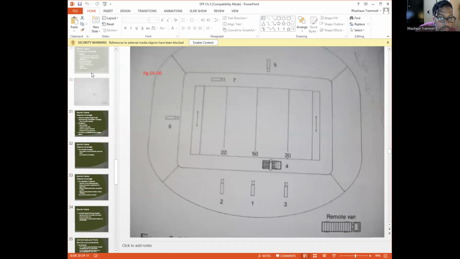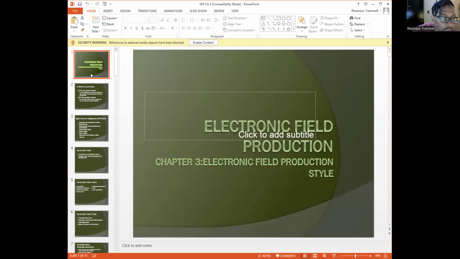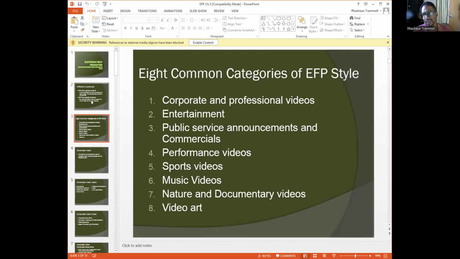First things first, the common categories of EFP. Be familiar with these. If you can give just a general gist of them, that will go a long way.